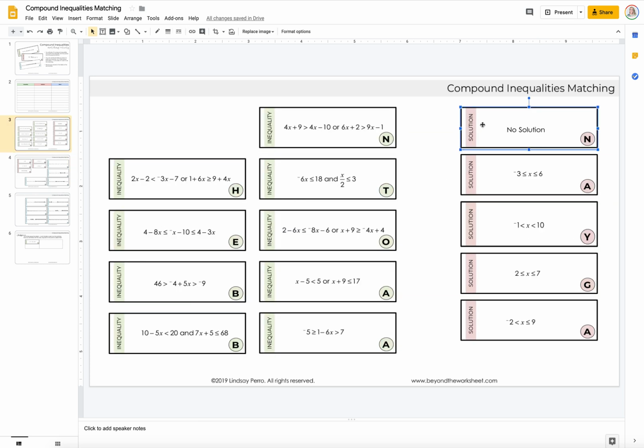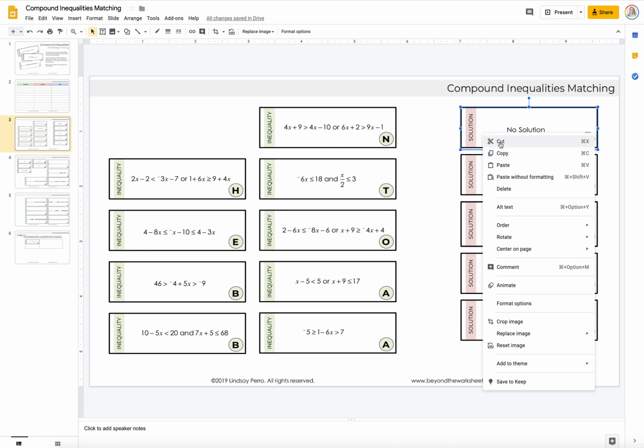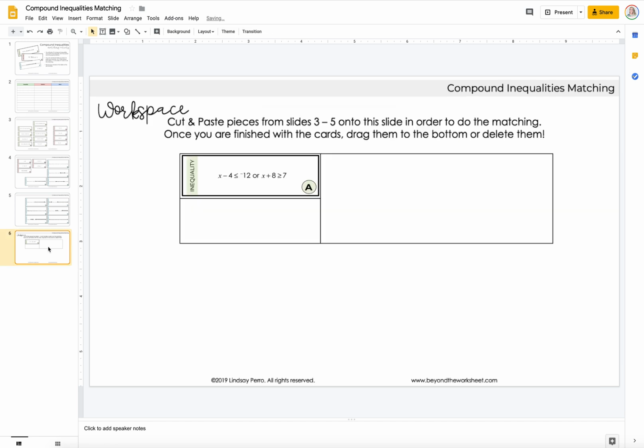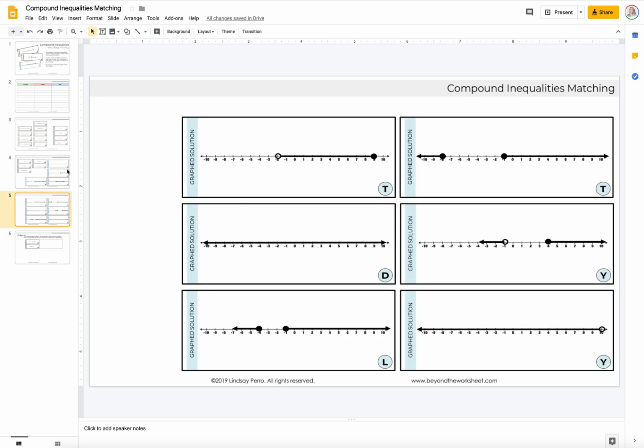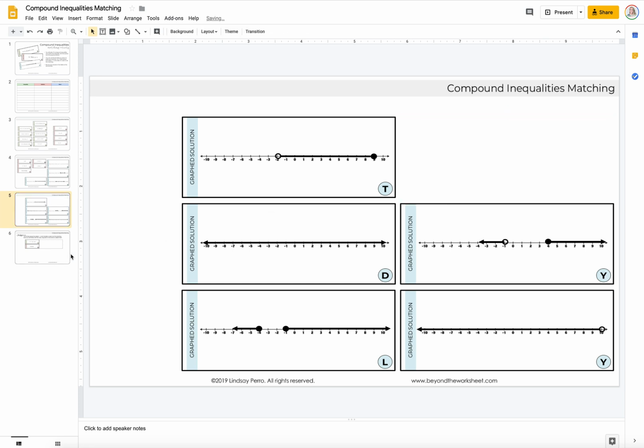And I'm just grabbing one. This is not going to be the correct solution, but I'm just showing you how to do it. So you'll cut your solution, you'll put it here, and then you're going to look for your graphed solution in one of these blue cards. And once again, this isn't the correct one, so I'm just going to grab one and we're going to stick